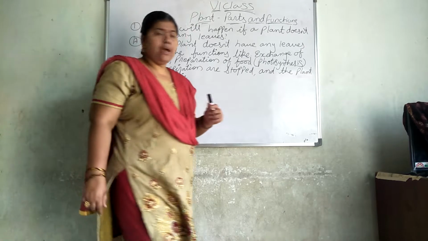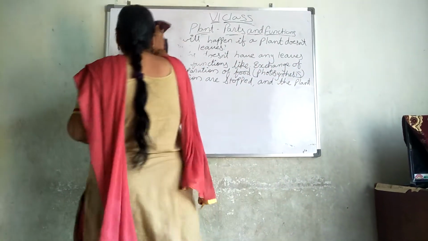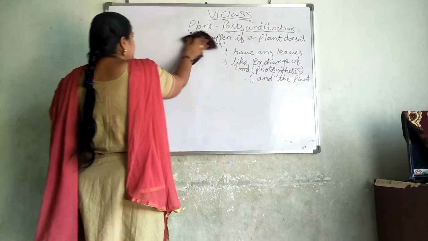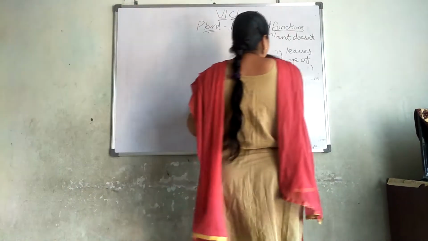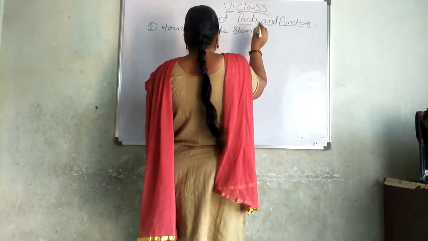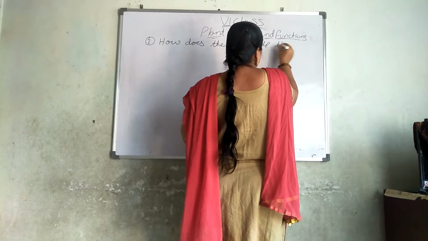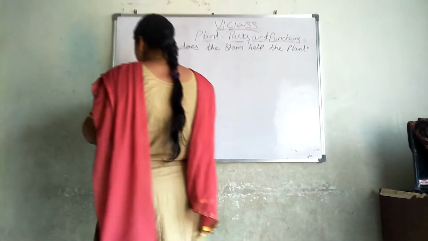Next one is about the stem. What is the importance of the stem? We talked about the importance of the plant and the importance of the leaf. Now we are going to discuss the importance of the stem. How does the stem help the plant? For this the answer is